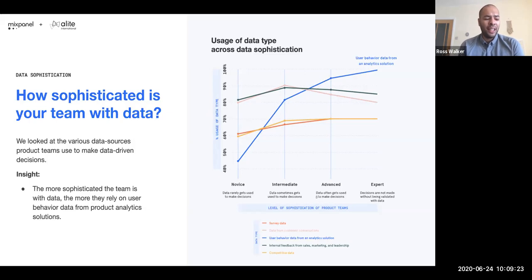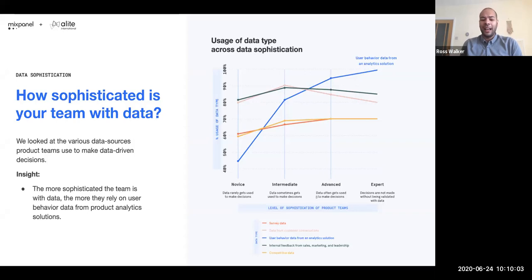And when we compare this with quantitative data, which inherently in tracking those user actions is an unbiased source of data, it also scales very easily with the user base. As your user base grows, you're going to have a bigger wealth of information to pull from, factual quantitative data that describes what your users are doing. And finally, I think one of the most important things here is that because you're tracking those user actions, because you're quantifying that user data, it's a very reliable source of data that allows you to get answers and inputs on exactly what it is that users are doing across your digital assets.